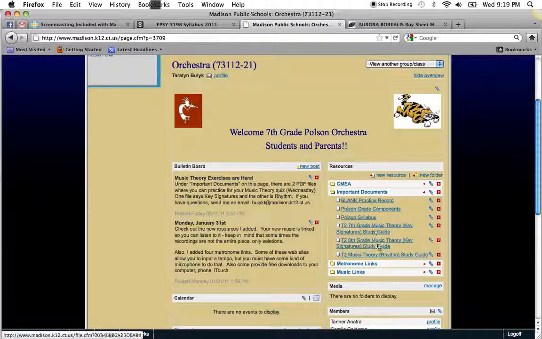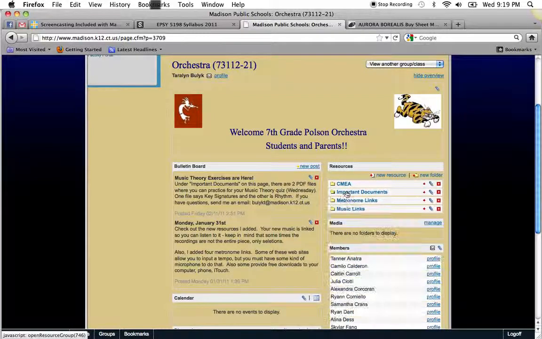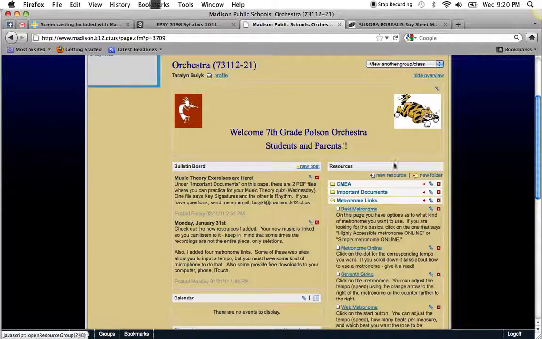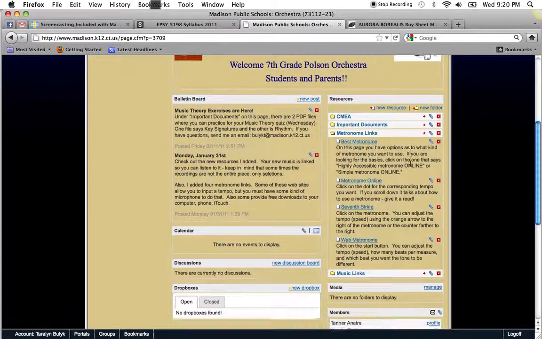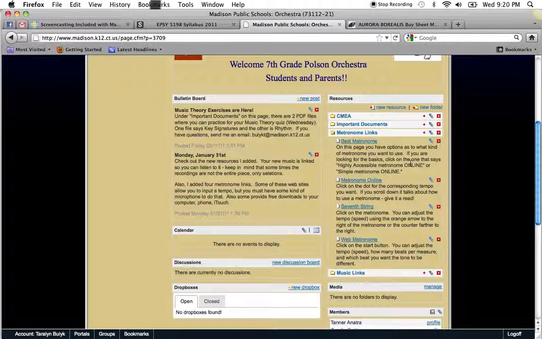So again, if they were to load these up, it'd either load up as a PDF or as a Word document, depending on how I set it up. Metronome links. I always suggest that my students practice with a metronome, and it helps them learn steady beat and internalize a steady beat. A lot of kids don't own them. Their parents are already spending a lot of money on instruments. So instead, I found these metronome websites online